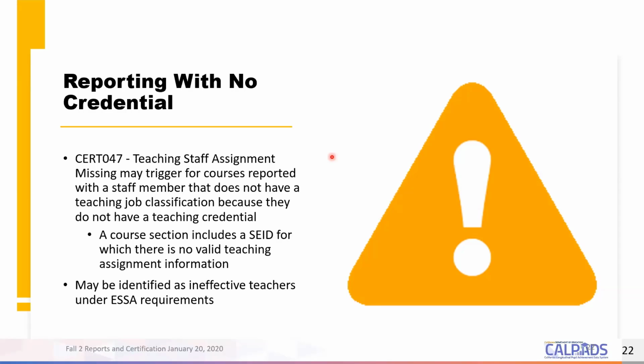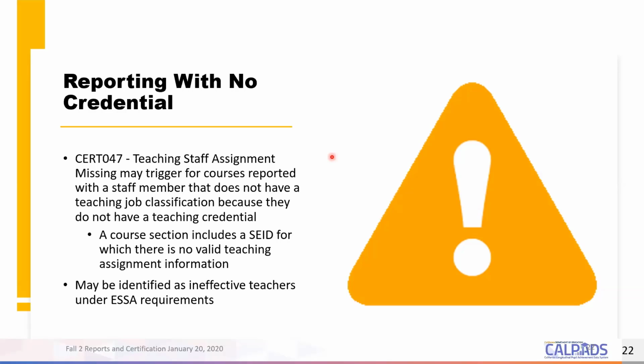So if you submit a staff demographic record or assign a teacher to a course, but they don't have teaching assignments, it triggers a CERT 47. And normally this occurs because they don't have any credentials. So you have to make sure that your teachers have credentials. The bottom line here is that you report SDEM and SASS for staff who are certificated and thus have a SEID number.